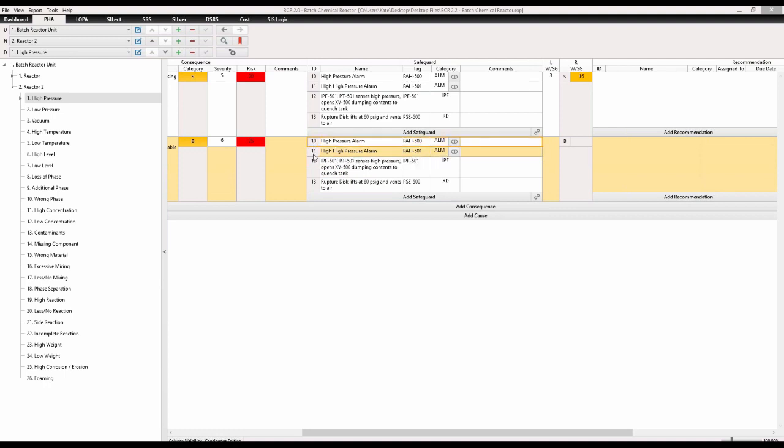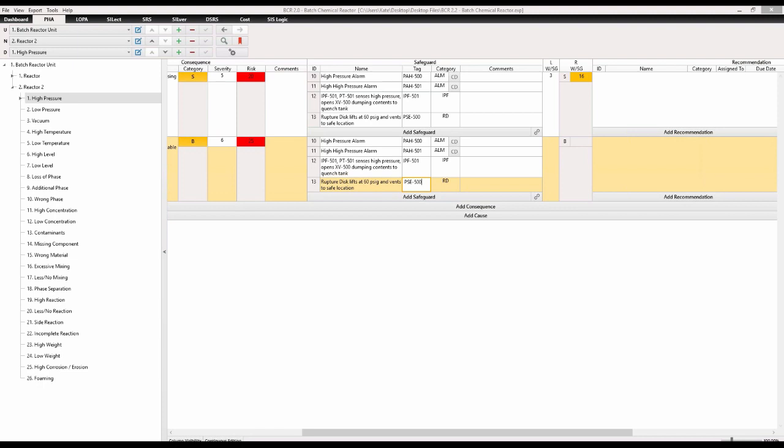And what I want to show you is how this really helps to keep things consistent. So if I come in here and I say, oh, this isn't venting to air, this is venting to a safe location, you can see that that edited in both spots. If I want to say, hey, instead of PSE 500, this is actually PSE 555, that is changing in both spots. And so this is pretty helpful in keeping consistency and making sure that you're not making errors as you go